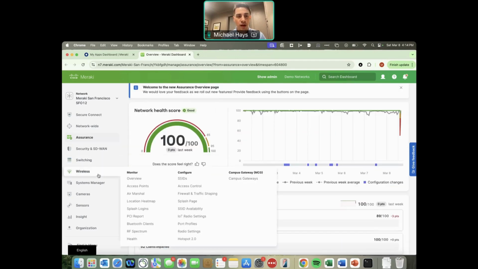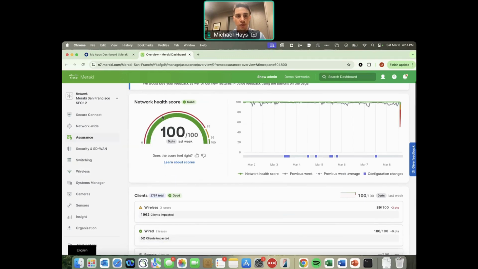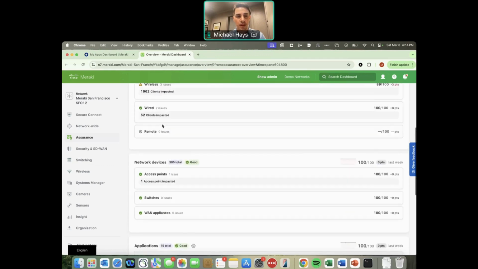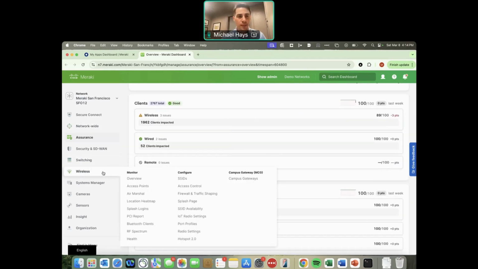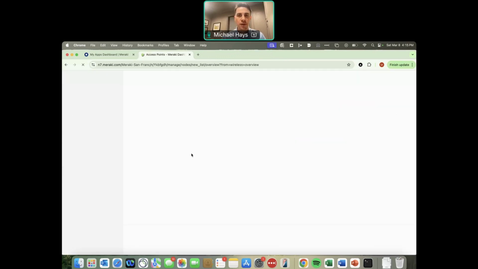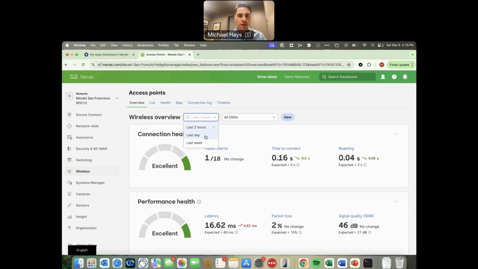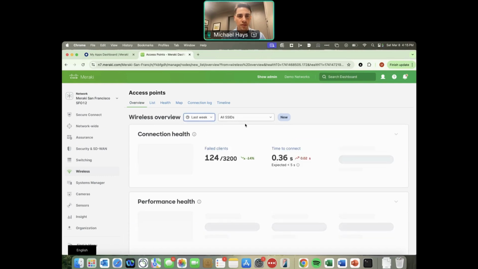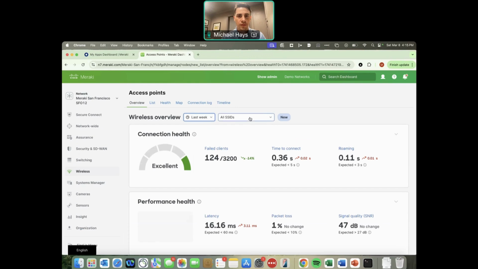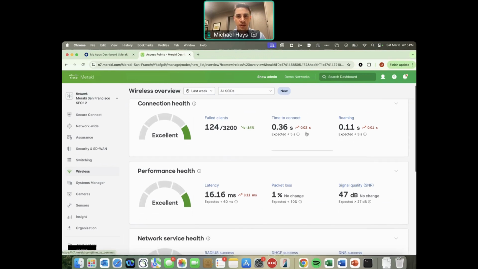But what we could do is go to wireless, and we're going to get a similar view specific to wireless. So this assurance overview is wired and wireless applications, everything. If we go here to wireless and overview, it's going to give us a similar view, but specific to wireless. So again, here I'll adjust for the last week. And I could pick our specific SSID. So if we wanted to look at internal or guest network, and then we're going to get some statistics around